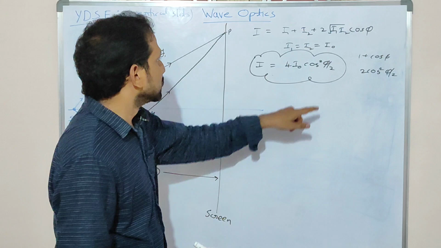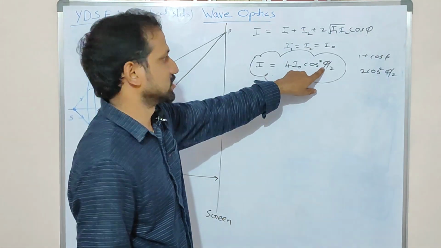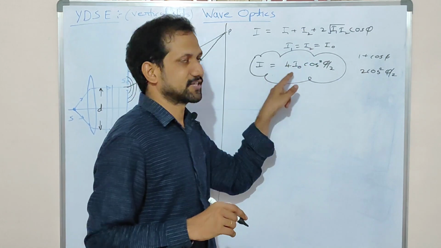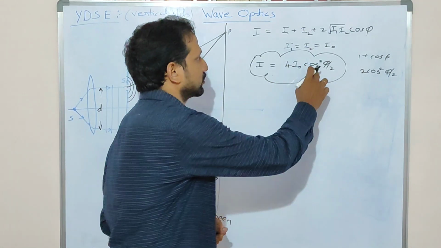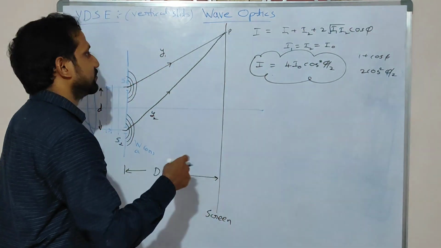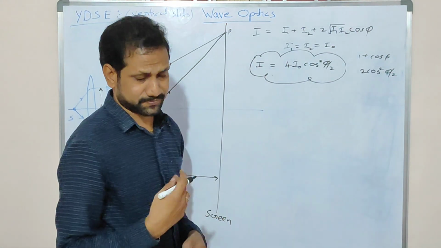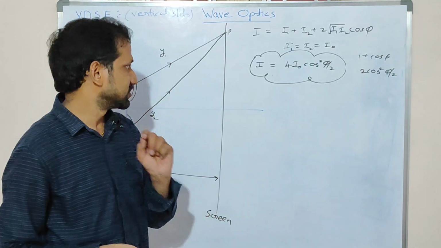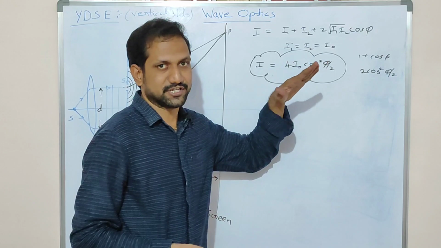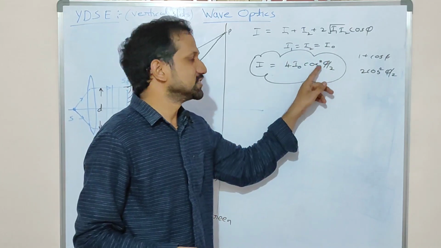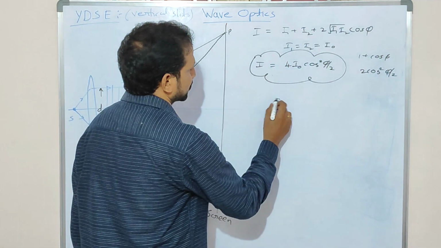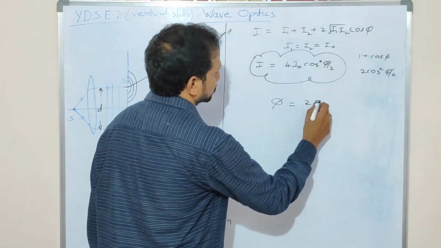Understand? So if the phase difference is 0, for example, then cos 0 is how much? 1. Then intensity will become maximum. So depending on the phase difference, there will be intensity, okay? But what factor does the phase difference depend on? Remember, the phase difference depends on the path difference,